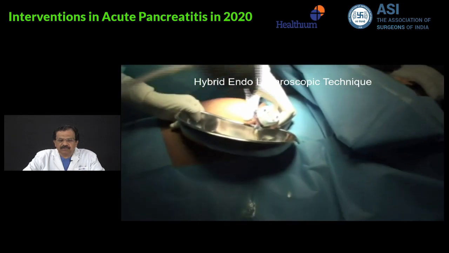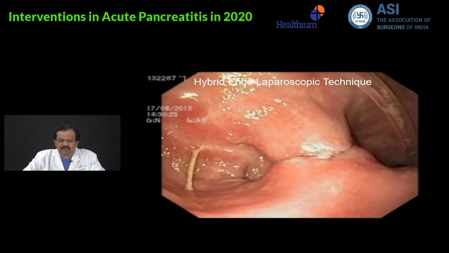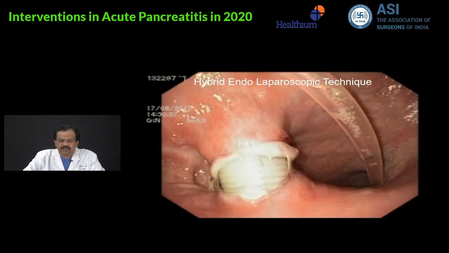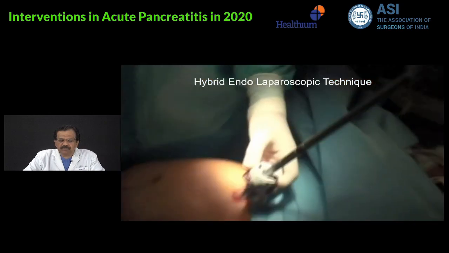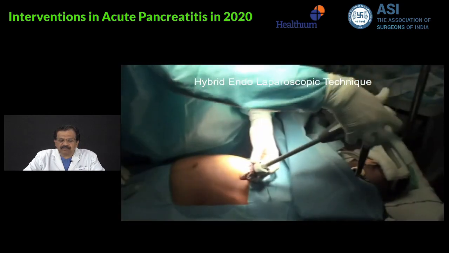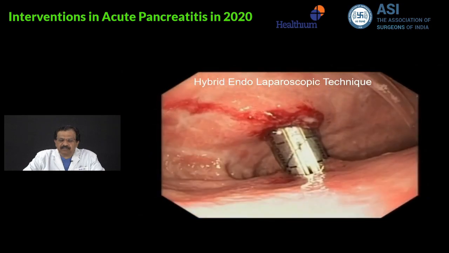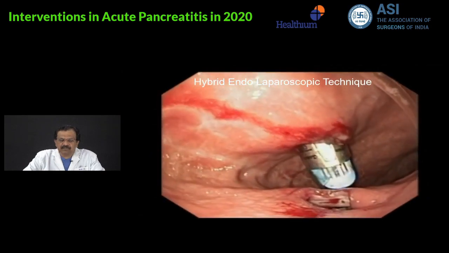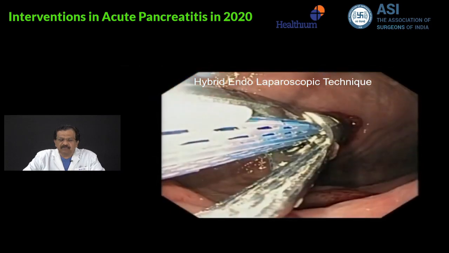So you can see this, you have the wall, and you can use this conventional suction cannula going directly into the wall of necrosis. You evacuate as much as possible and subsequently withdraw this trocar slightly into the stomach, and then subsequently use this stapler to create a cystogastric anastomosis. You can see this, you can use this stapler to do a cystogastric anastomosis, and once you have created this